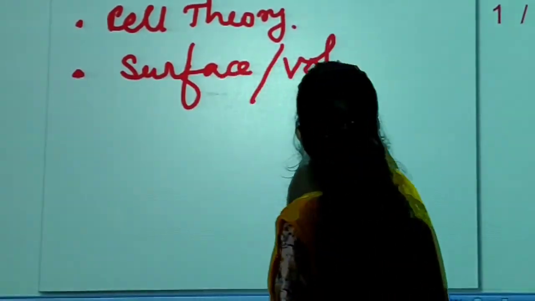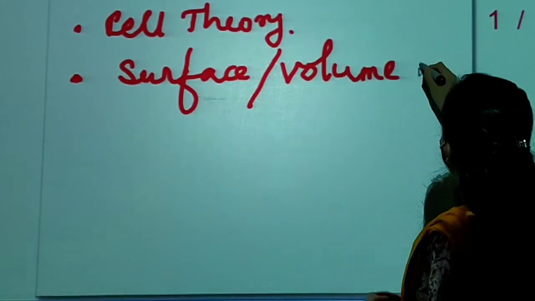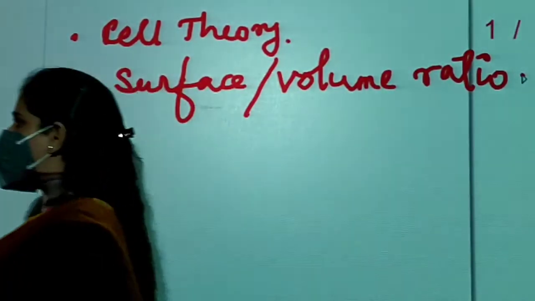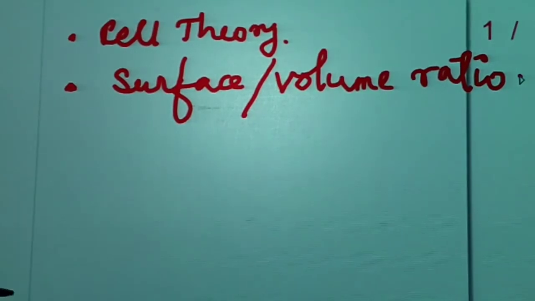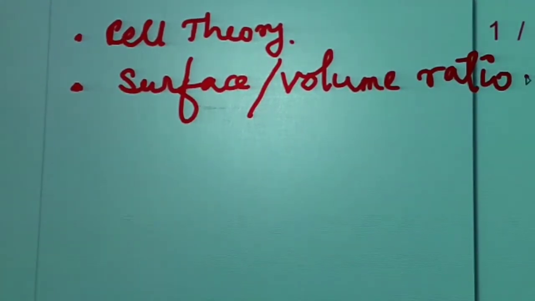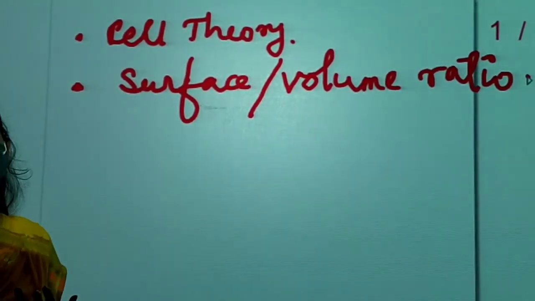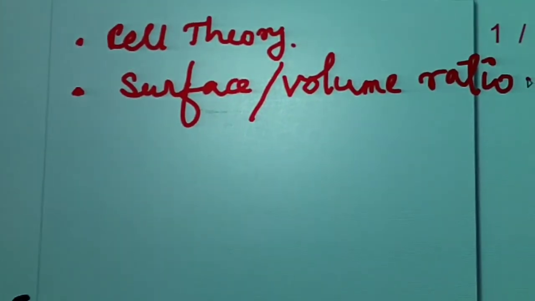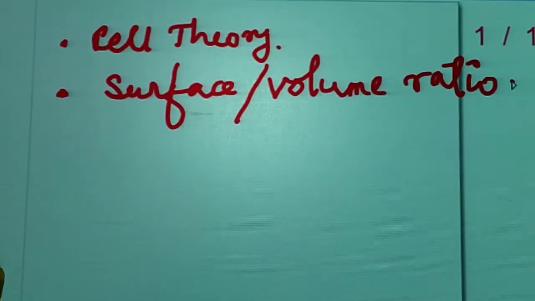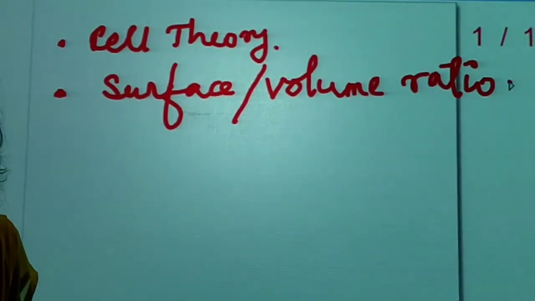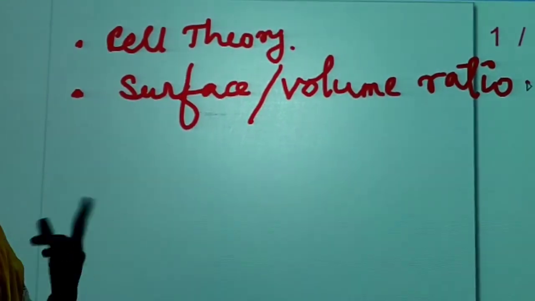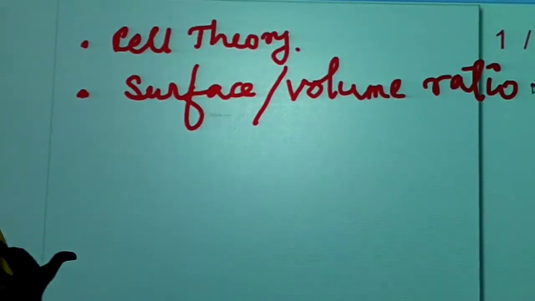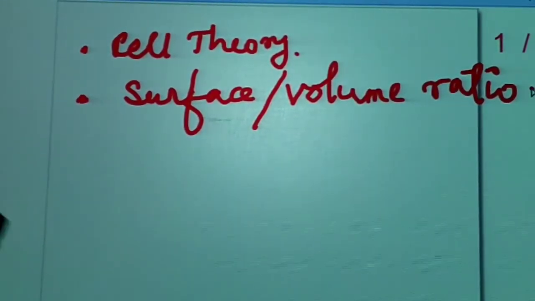Surface volume ratio. What is it? These two topics are only left in this chapter to be covered. Otherwise, we have already covered the discovery of the microscope, who discovered the structure and cells, their different parts and roles, and especially the differences between plant cell and animal cell. The questions mostly come from what is covered in this chapter.